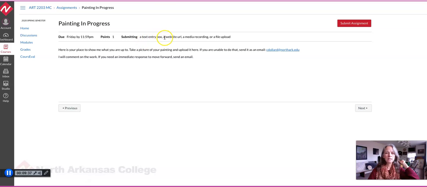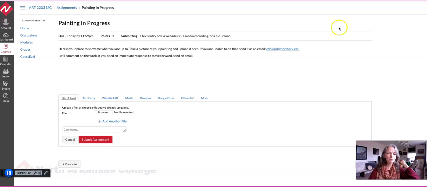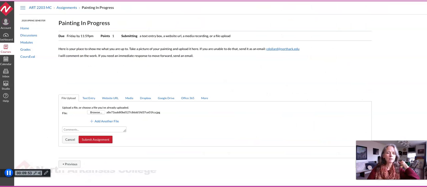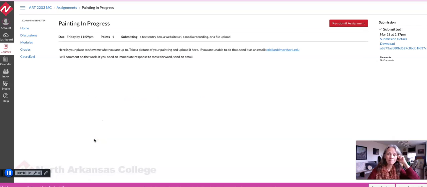you should be able to submit an assignment. See, I'm learning myself. Browse. You're going to see how crowded my desktop is. Oh, let's just put that one in. This is a reference photo. Open. Submit assignment. You know what? First time I've ever done that. Seems to have worked. If it does not work, then